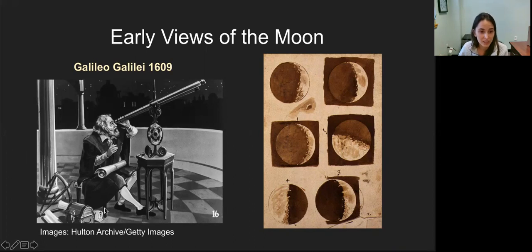Here's a drawing of him looking through his telescope, and he was the first person to draw these very detailed images of the moon, right? You can start seeing the craters that are highlighted here along the transition between the light and dark side, okay? And the observations that he made might seem really basic to us today, but they were very revolutionary